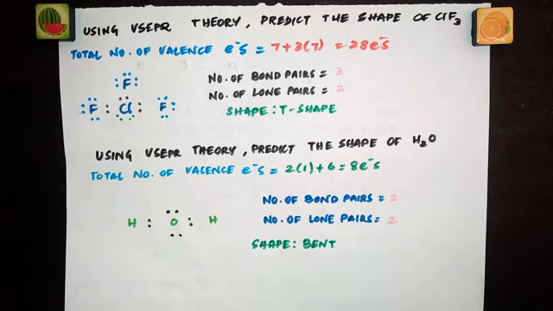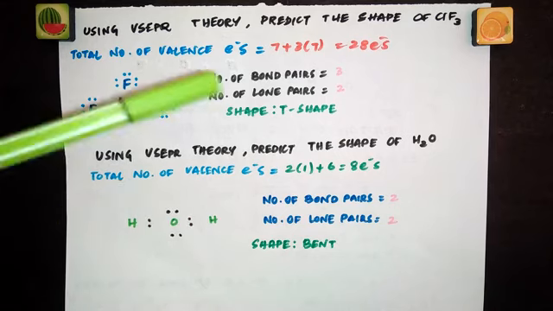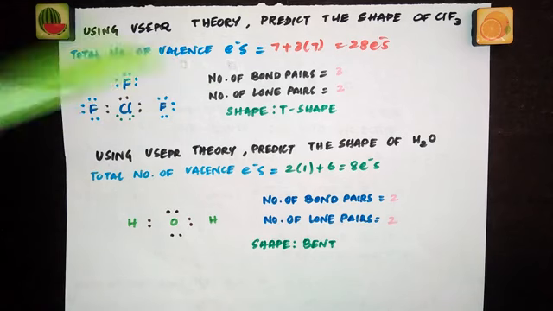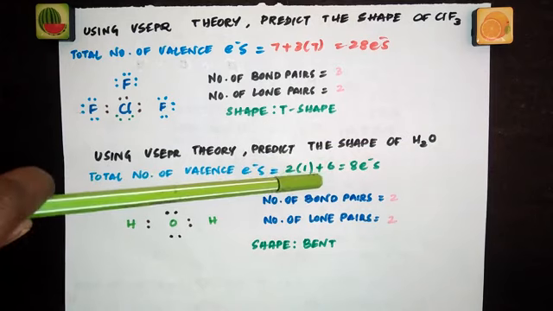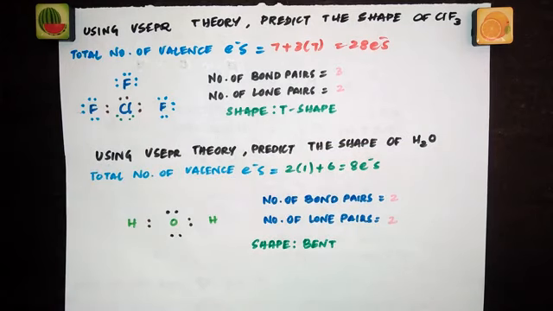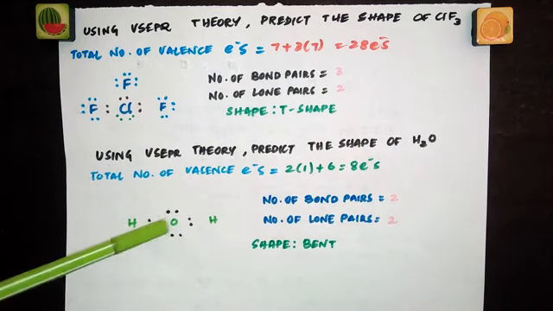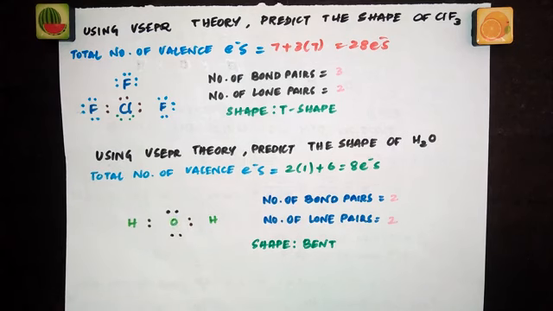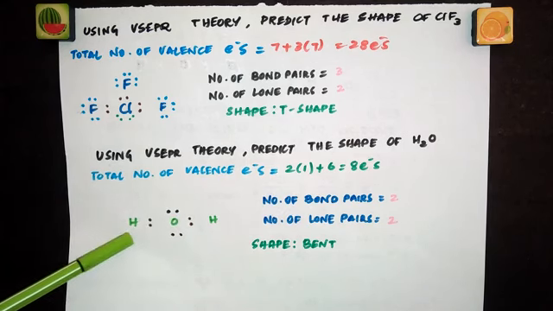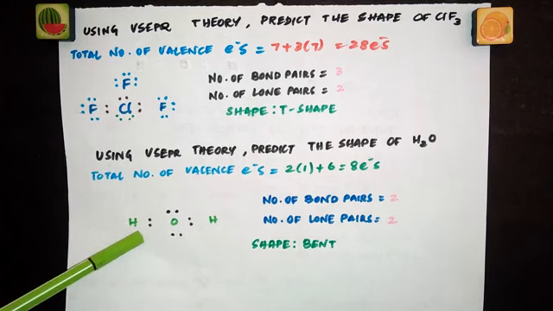The next example is water, H2O. So oxygen is not monovalent. So we are not going to use the formula. We are going to use the Lewis structure. So calculate the total number of valence electrons. For hydrogen it is 1. There are 2 hydrogens. So 2 into 1 plus for oxygen number of valence electrons is 6. So we have a total of 8 electrons. So draw the skeletal structure. We have 2 hydrogens and oxygen is the central atom. Put a pair of electrons here, and for hydrogen just 2 electrons are enough, doublet configuration. So don't try to complete octet for hydrogen. That's not right. So you have to stop with 2 electrons.